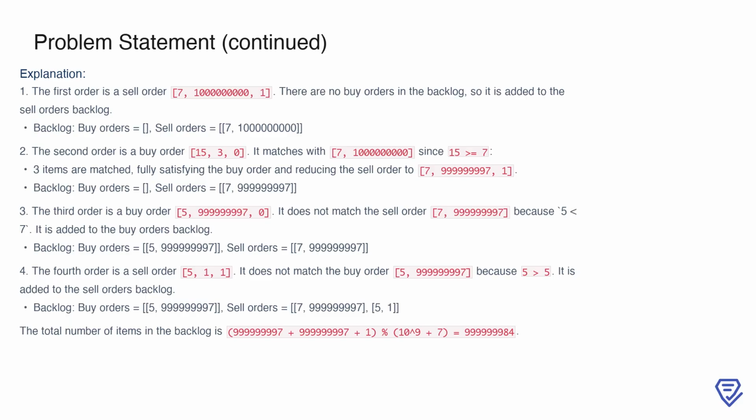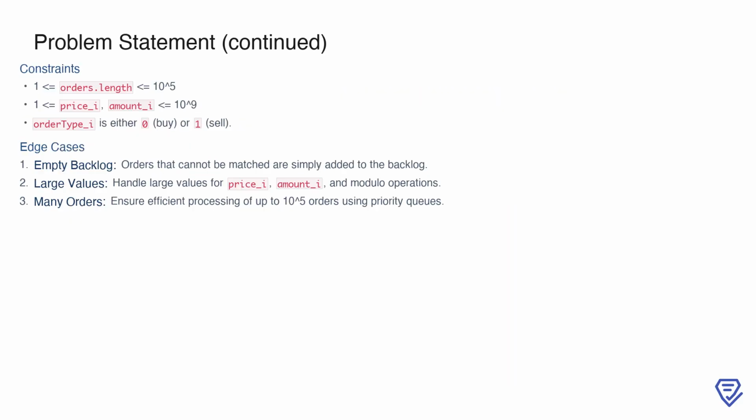higher. It cannot match the existing buy order because its price of 5 does not satisfy the condition for the buy order. This sell order is added to the sell orders queue. The total number of items in the backlog is the sum of all unmatched buy and sell orders modulo 10 to the power of 9 plus 7, which results in 999,999,984. To summarize, the problem comes with constraints that require efficient handling of up to 10 to the power of